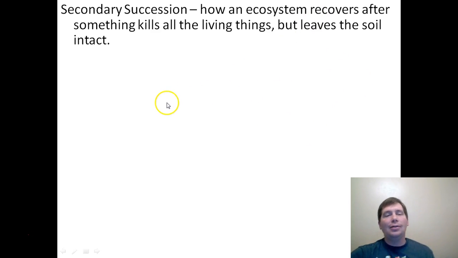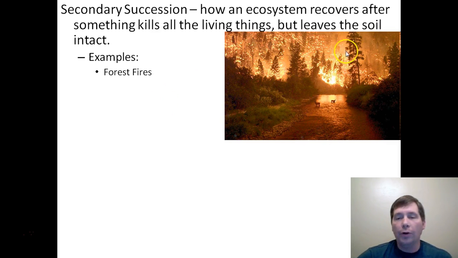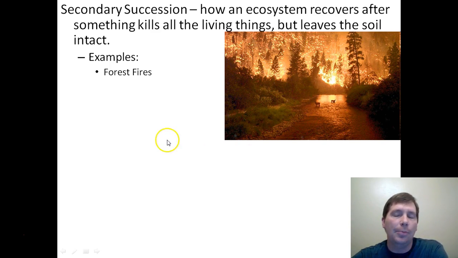Now, the classic example of secondary succession is going to be a forest fire. When a forest burns up, all the living things die, and so all the plants are dead, but there's still soil left behind. The fire can't destroy the soil. So all we need is for seeds to fall in this area, and we can grow whole new plants. In primary succession, we couldn't do that. When you just had bare rock, you couldn't just put seeds on it and expect to get a plant. In secondary succession, the soil is left behind, and that's the big difference between the two.